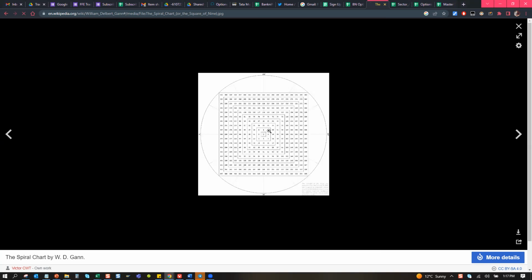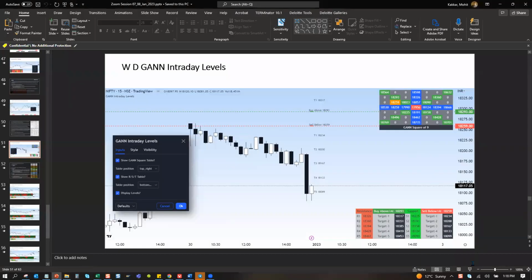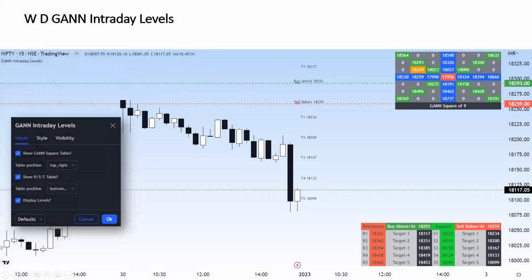Nonetheless, ये static है, and then there is dynamic Gann square of 9, which is like you can see in. Let me go to my presentation. This is a static Gann square of 9. Okay. Now wherever